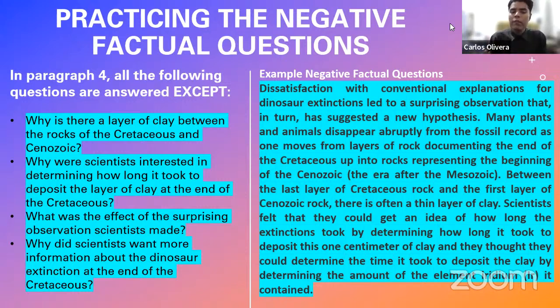And for all the rest of the possible answers, there is something in the paragraph to sustain that. There is something talking about that, or at least suggesting that. But there's nothing textual here talking about why there is a layer of clay. Is that clear? Or is there any question on this? I think it's very clear what you have to do: simply look for something that has no textual basis. If the text does not mention it, then that is your correct answer, because the paragraph answers all the possible options except one.